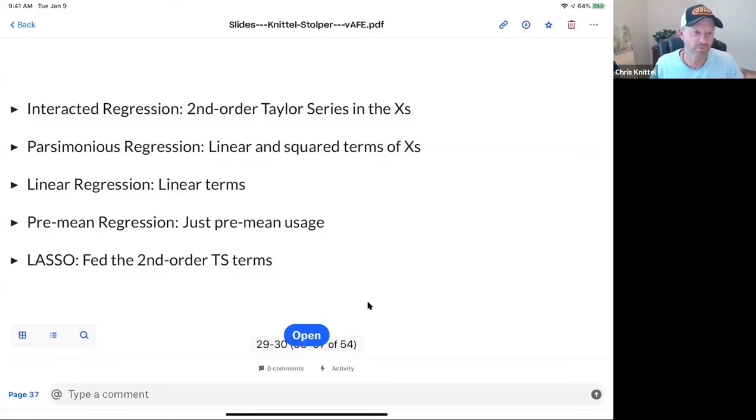So what are the 4 regressions we're going to do? We're going to do a fully interactive over-parameterized regression, with a second order Taylor series expansion in the X's. Then what we call the parsimonious regression, which is just the linear and squared terms, then just the linear terms, and then something similar to O-power where we just use pre-mean in the regression. That'll end up being just a cutoff